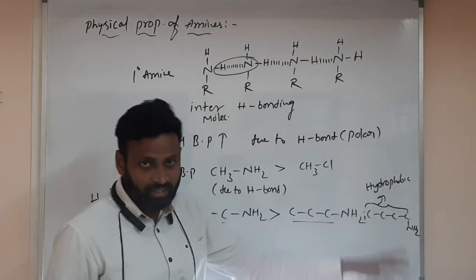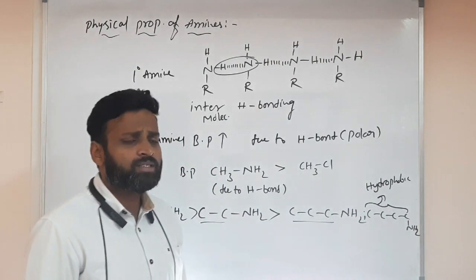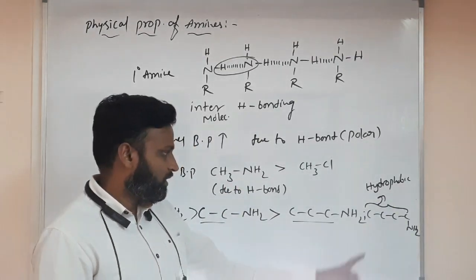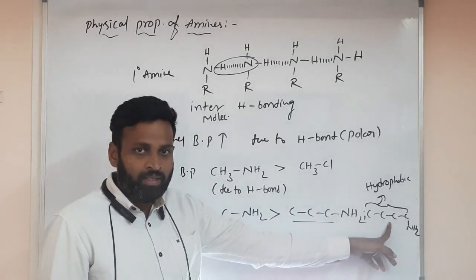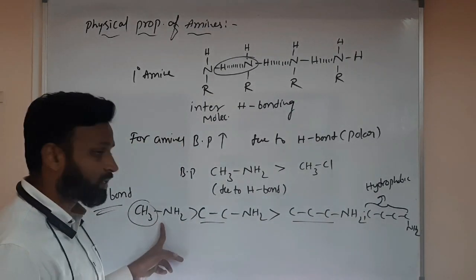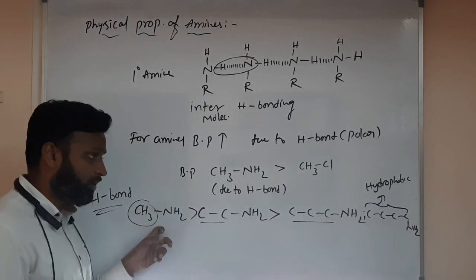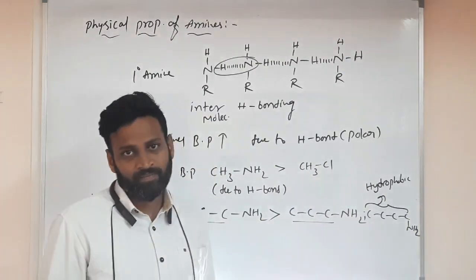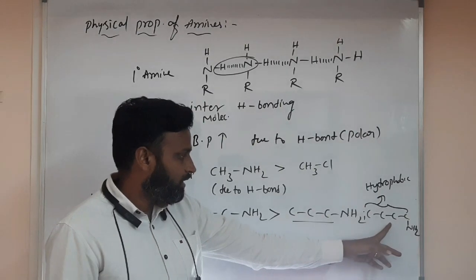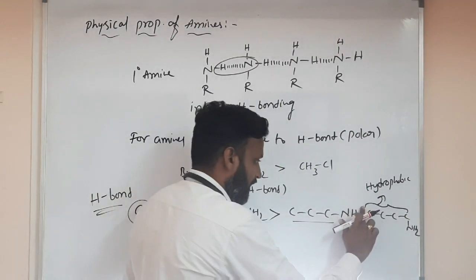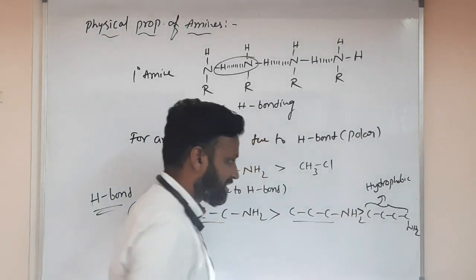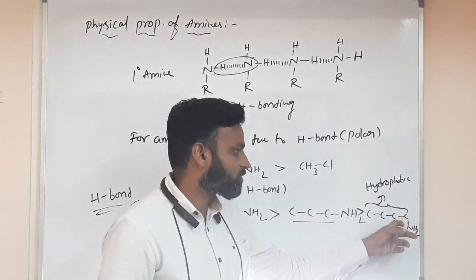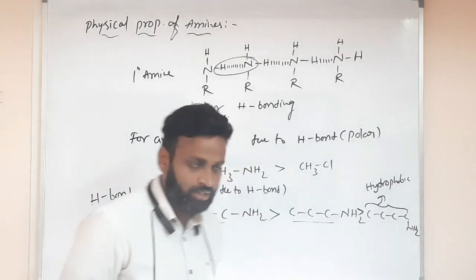But hydrogen bond strength decreases. But you may ask, sir, if hydrogen bond is there, boiling point is there. So here hydrogen bond is less, and here hydrogen bond is more, so it should have more boiling point, no? No. Molecular weight is the main reason. This has more molecular weight, so even though hydrogen bonding is not there here, this is having more boiling point because of high molecular weight.